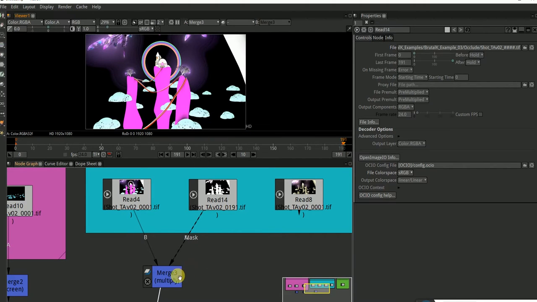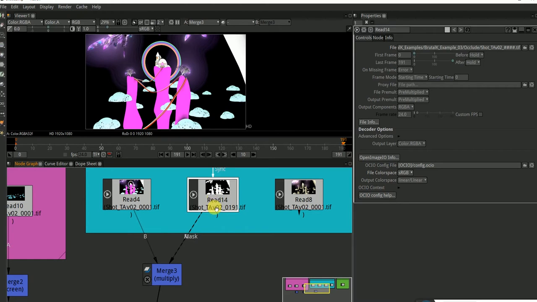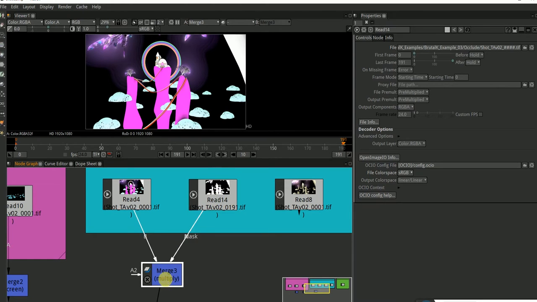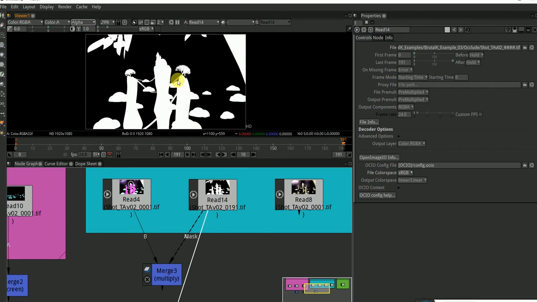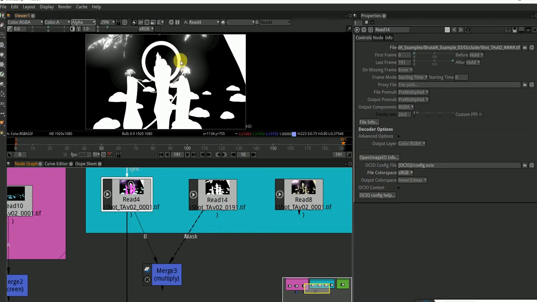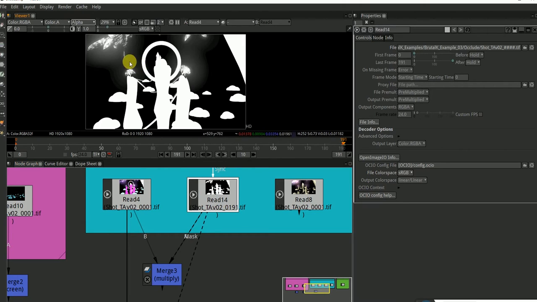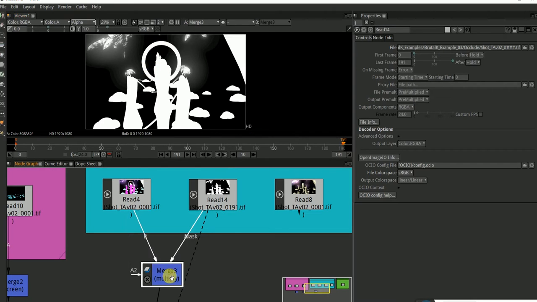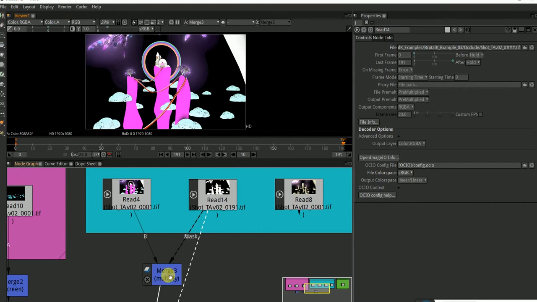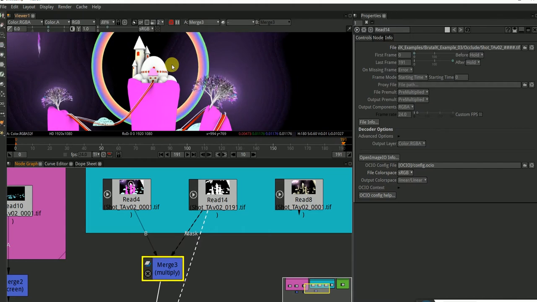So, since I plugged the mask into this guy, what it's saying is only apply the multiplication of this element to this mask. So it is not applying it to the bits of the mask that this guy has. So we're not applying over the glow, we're not applying over this. So cool, awesome. So yeah, just multiply your occlusion over top of your